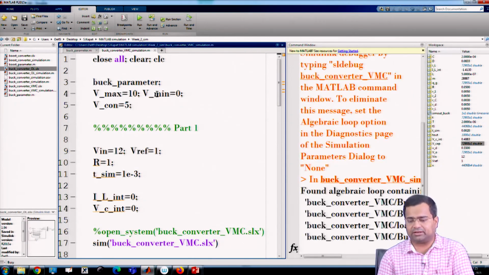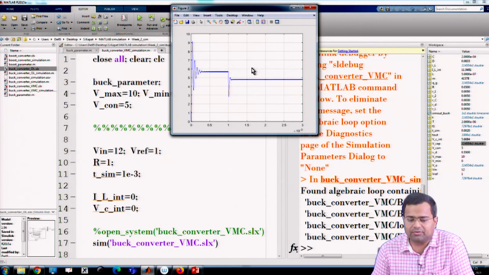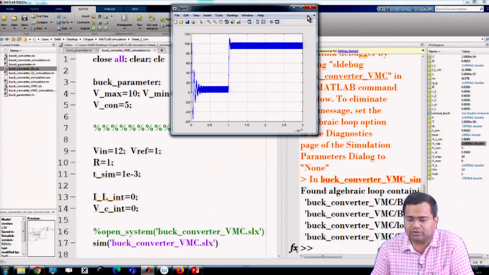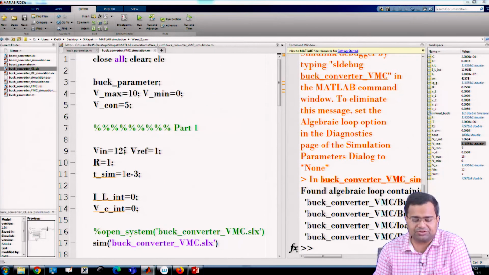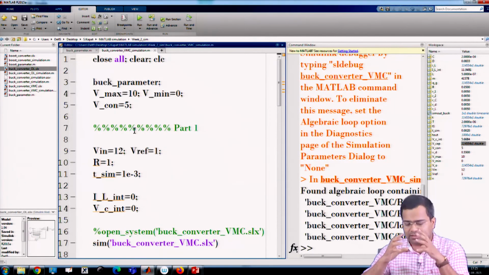Now, let us check what happened. Yes, the output voltage has gone high. It is too high because we are using a 50% duty ratio. But what should Vcon be, the control voltage, in order to achieve the desired duty ratio?